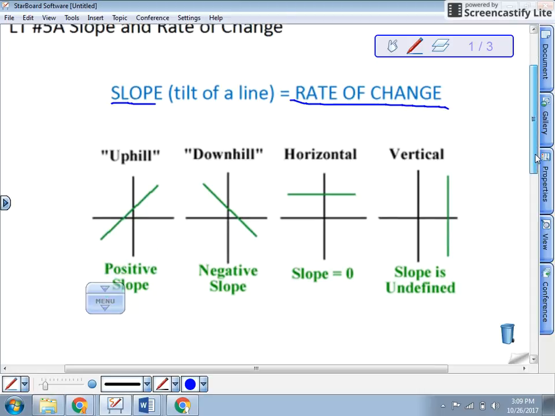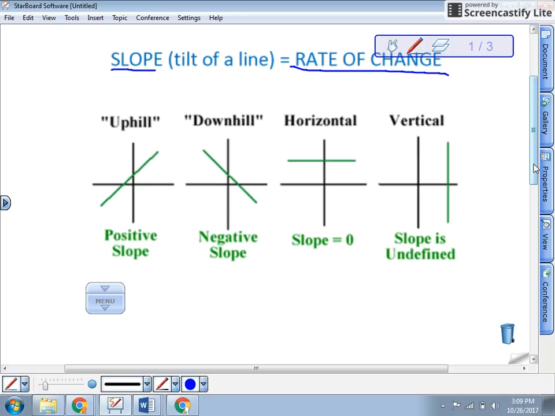So here are some examples of slope. When we're reading these graphs, just remember, we always read these left to right. So when I see uphill, I'm looking at the left, and as we go to the right, it's going up. So left to right. Same with negative. Negative slope, we say, goes downhill. We've got a horizontal slope, which equals 0, and a vertical slope is undefined,